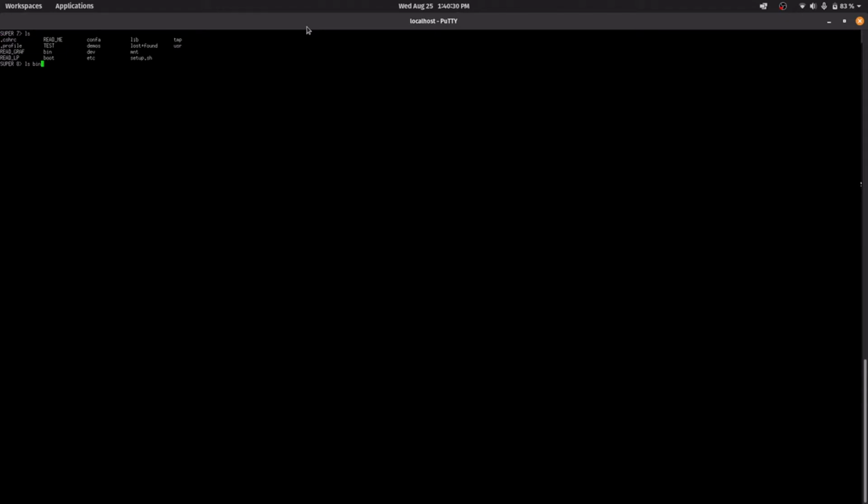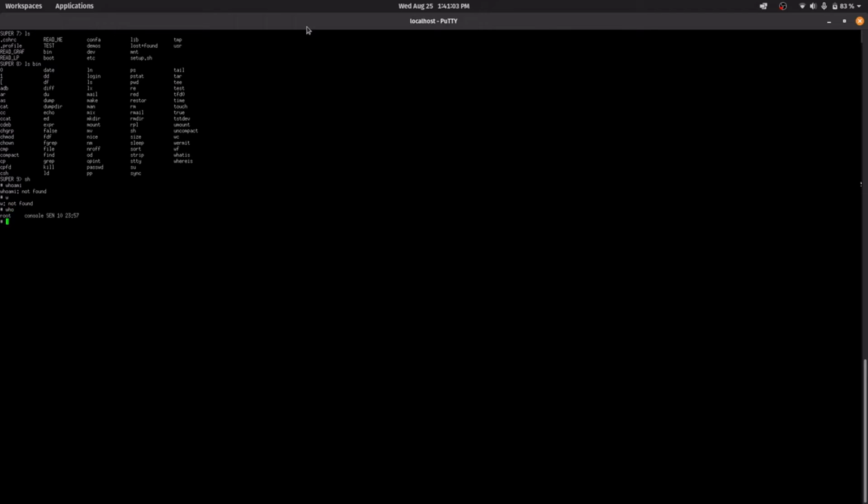Let's see which programs they have in the bin directory. They have all the old style Unix programs like CSH, the shell, or SH, the original shell. The commands copy and paste, id, a very basic editor, passwd to set up a password, who, it tells us the user that is connected to the system right now.